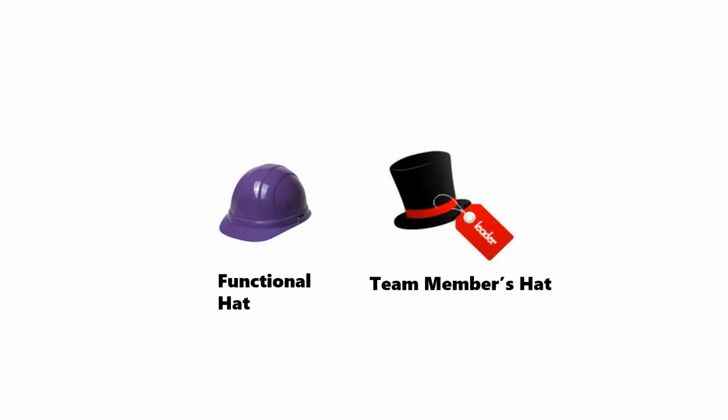But there is another role or another hat that people have when they come together as a team, and that hat is the team members hat. So what we're actually trying to do in this Lunch and Learn series for you is to develop the team members hat. So whenever you get your team together for a stand-up meeting or a sit-down meeting, or whenever you talk to your team members individually, unless you're talking to them specifically about the job that they're doing in the team, what you're hoping is that they will have their team member hat on. Now, what I mean by that is they're looking at the team overall. They're not just looking at their own patch.